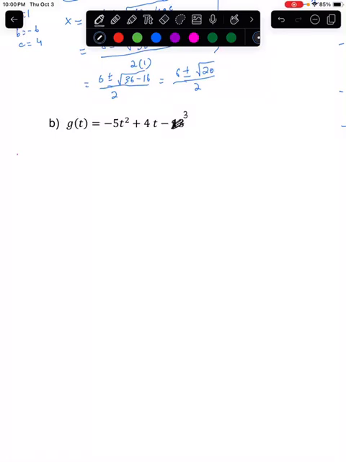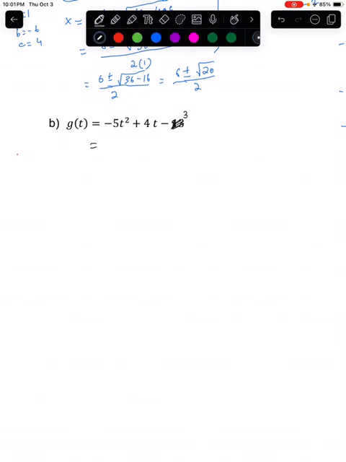Continuing with section 3.1, let us look at another example where we are given the function g of t is equal to negative 5t squared plus 4t minus 3. So notice here the coefficient of the square term is now not 1, it is negative 5. When your a is not 1, then I would recommend this method. There is a slightly different method as well, which most teachers do adopt, but I feel like this one is easier